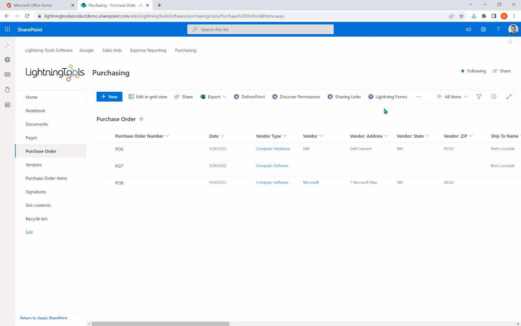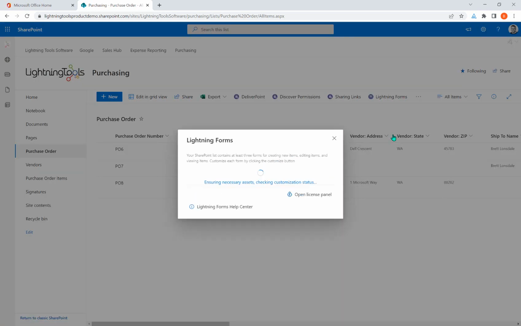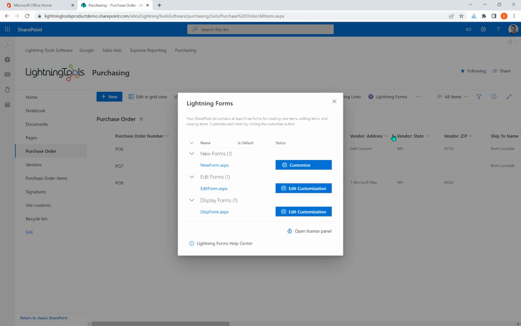If you maybe don't see it on the command bar, another reason is that it may be underneath the ellipsis. So you can now inside of SharePoint create your own custom buttons. Maybe that people have been enjoying creating custom buttons, and therefore this has sort of gone off the screen and you need to click that ellipsis in order to be able to see it. Yeah, I can see mine. So here it is. I'm going to click the Lightning Forms button,